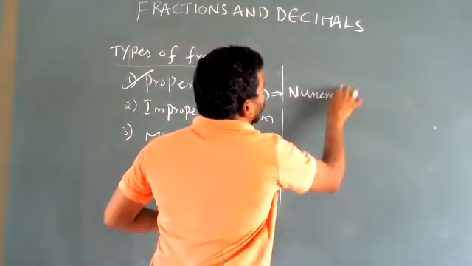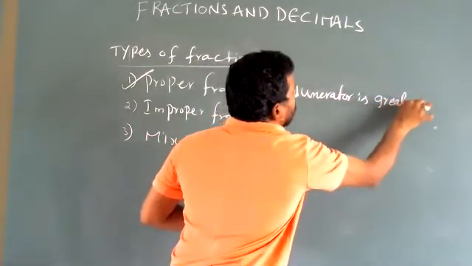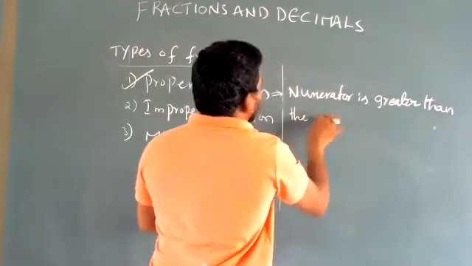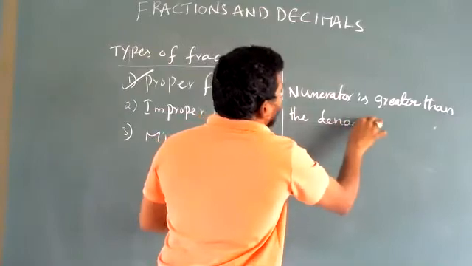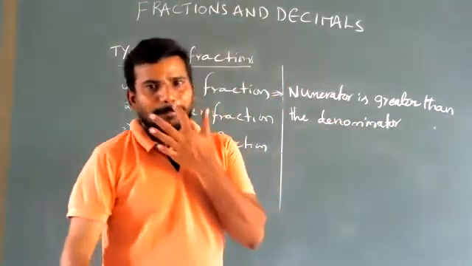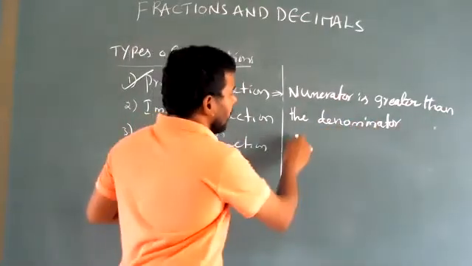Numerator is greater than the denominator, so it is called an improper fraction. Numerator is greater than the denominator. Examples: